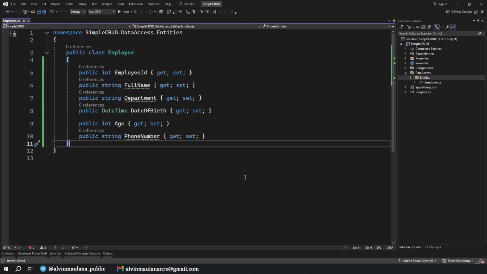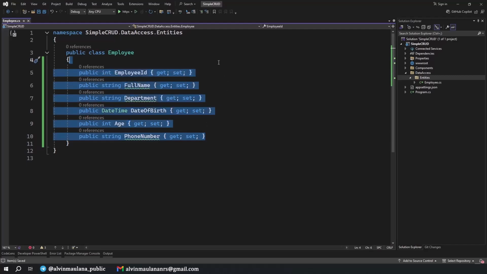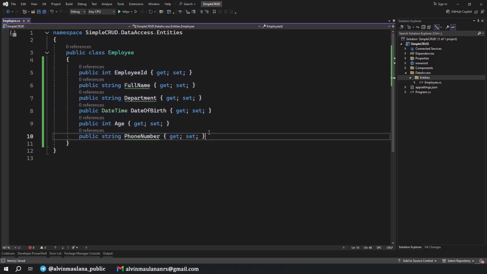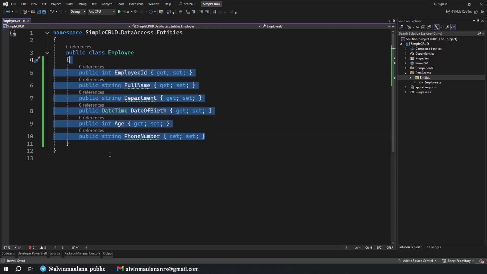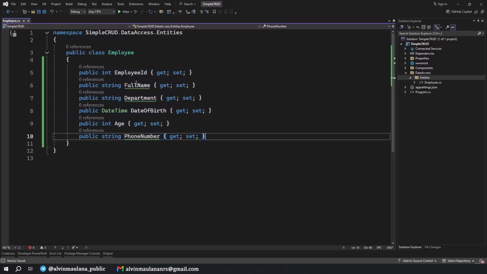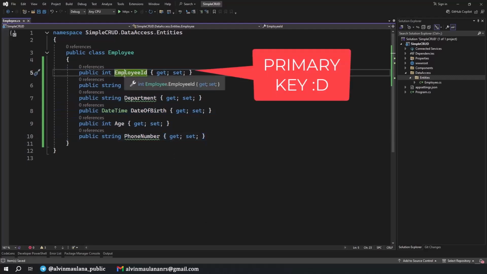In this project, as a sample scenario, we are going to have an employee management system. So we can add new employee data, edit employee data, and remove employee data. If you want to play around with these properties in here, you can add any property as you want, and then it will be converted into a column in the database. But I prefer only using these 1, 2, 3, 4, 5, 6 columns. It's okay. And then the EmployeeId will be the primary key in our table.